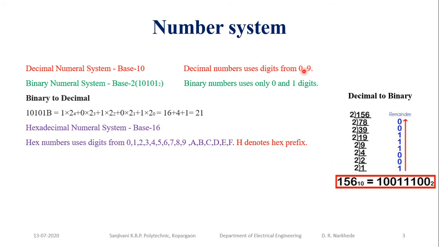The first repetition of the number system, that is 10. Then 11, 12. In the same manner, for the hexadecimal number system, hexa means 16. Hexadecimal means 16 numbers. So after 9 there is not 10; instead of 10 there is A, B, C, D, E, F, and after F there is 10.